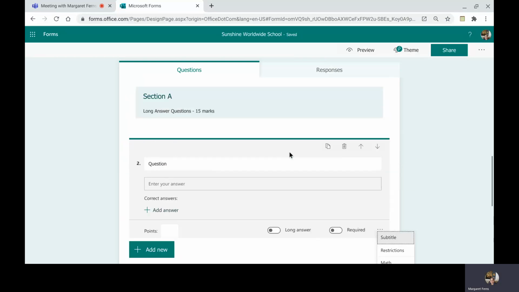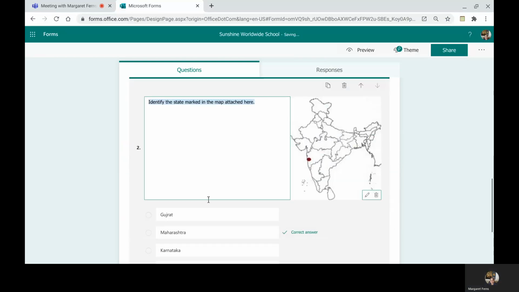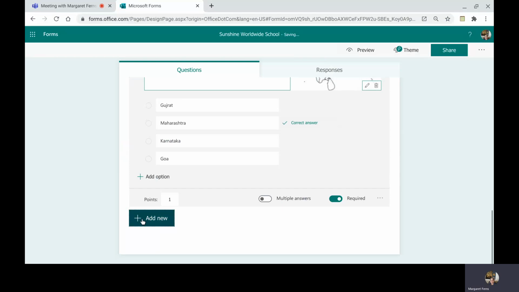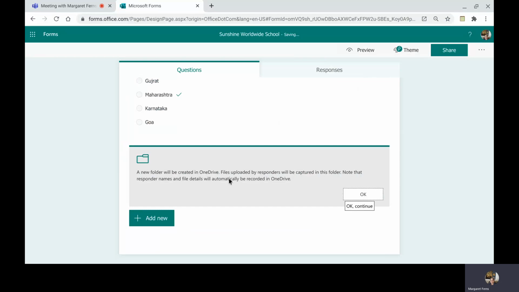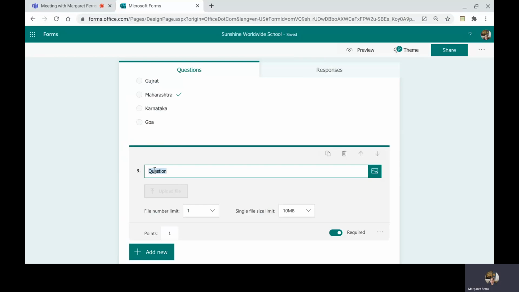Okay, I'll just take you back to the option. You need to go add a new question. You need to click on this and you need to write here file upload. The moment you click on file upload, this gives the learners the opportunity to upload the answers instead of writing it in the box. So all I need to do is type the question here. So for example, if I tell them to draw a flow chart